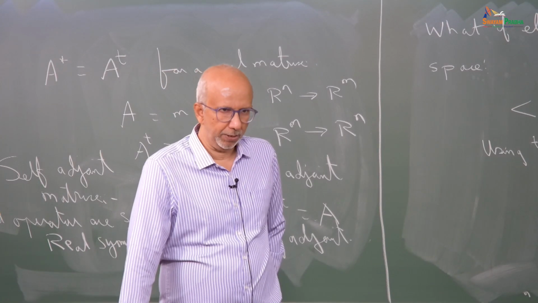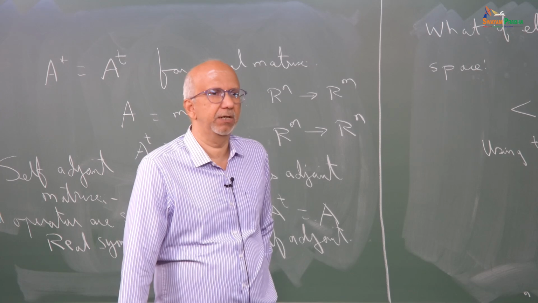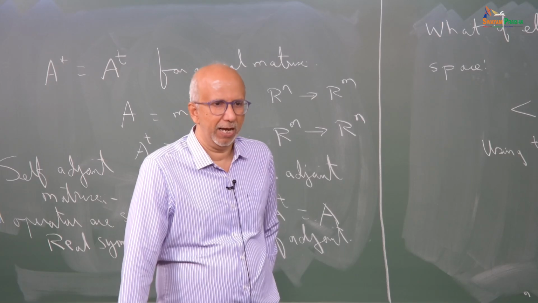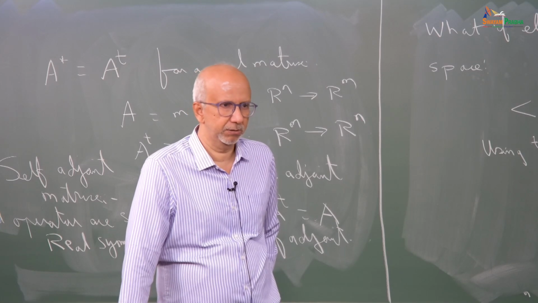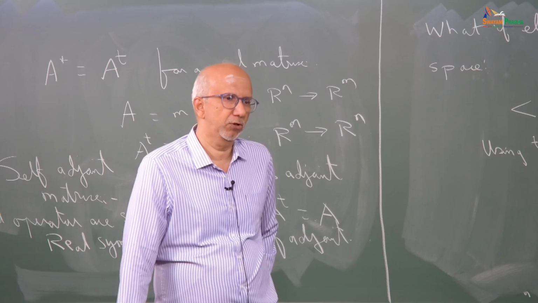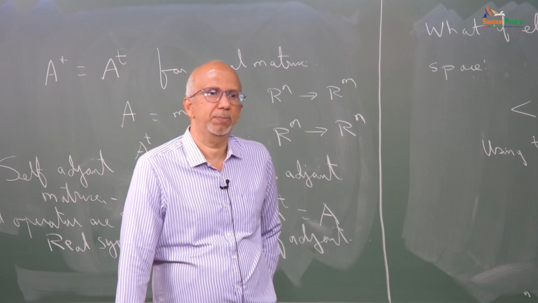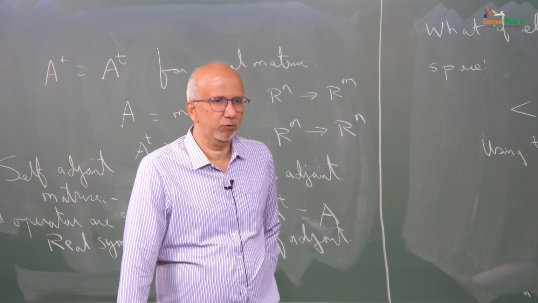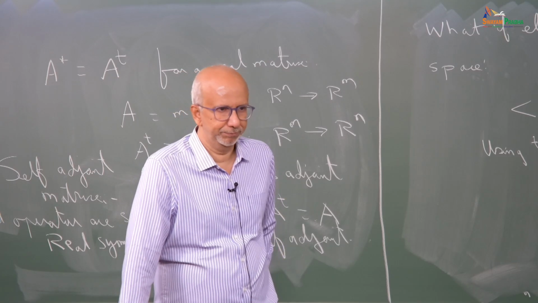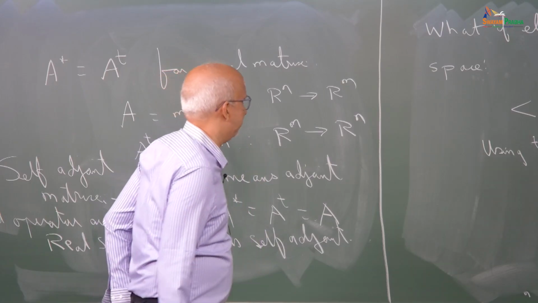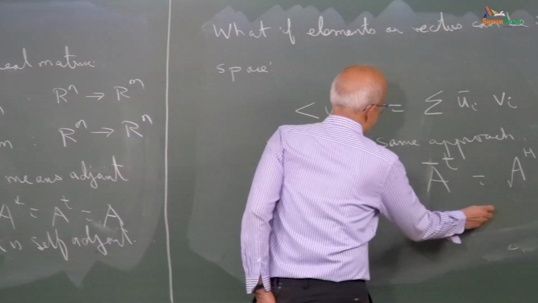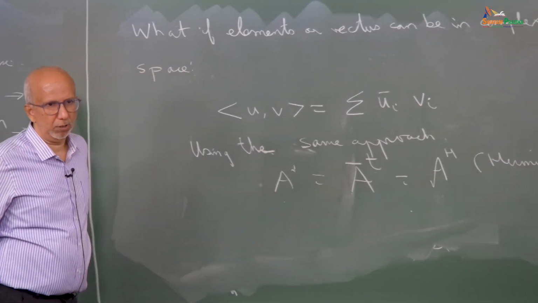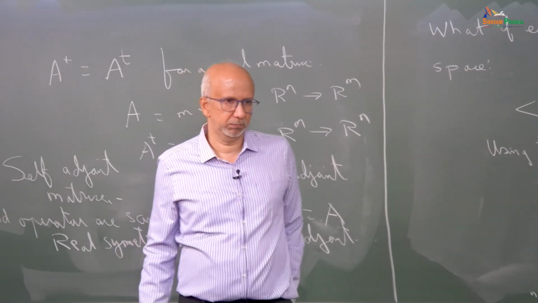So, if A has complex elements, the elements of A have some imaginary parts, then if you want to calculate the adjoint, you have to take the transpose and you have to complex conjugate it. You can't just do the transpose. If it is real, of course, the complex conjugate does not matter, you will get the same thing. So, this is the generalization which I want you to keep in mind. If it is complex, you have to transpose and do the complex conjugate, because you have the complex conjugate in the definition of the inner product.